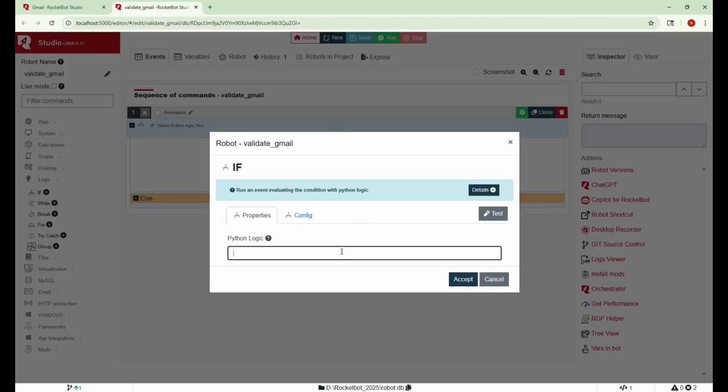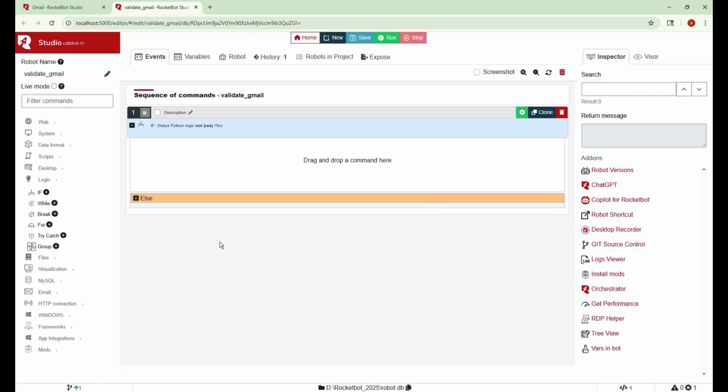Alright, let's do the following validation. We're going to do the inverse validation. Why do I want to do an inverse validation? Because basically, what I achieve with inverse validation is that I don't end up creating nested if statements, IFs inside IFs, because remember that if, for example, I have to validate the actions of,